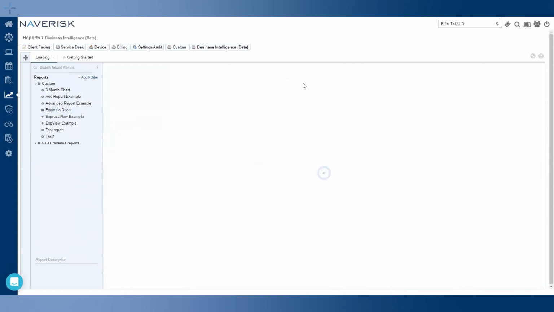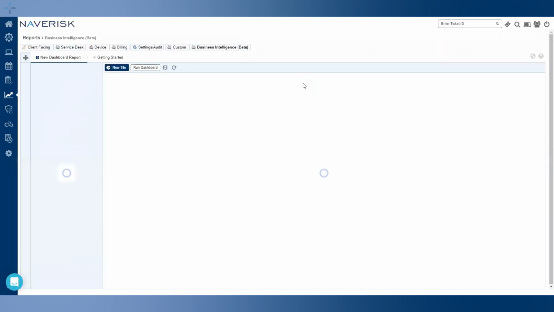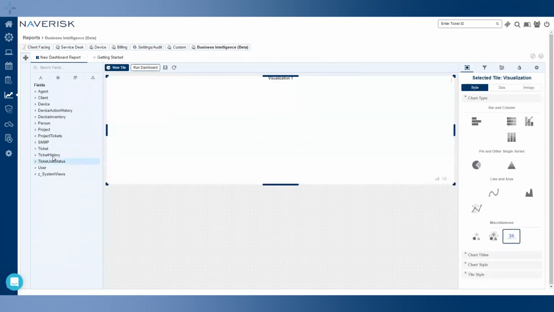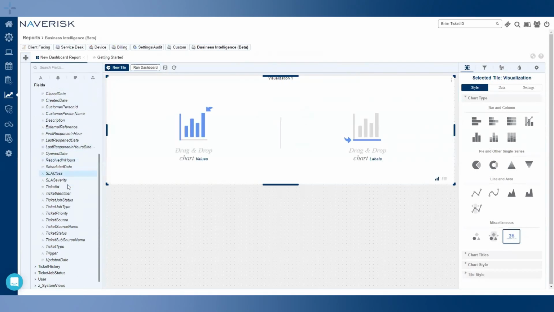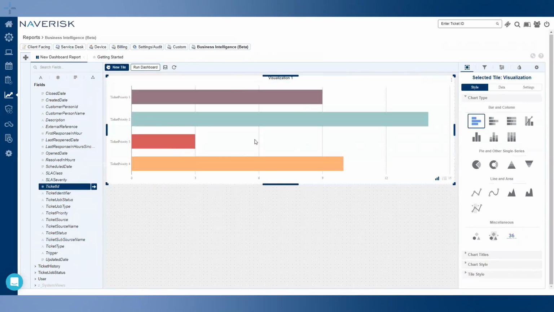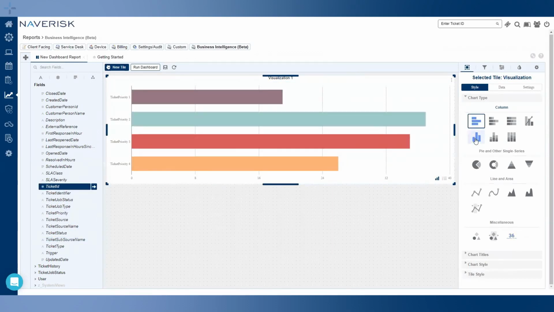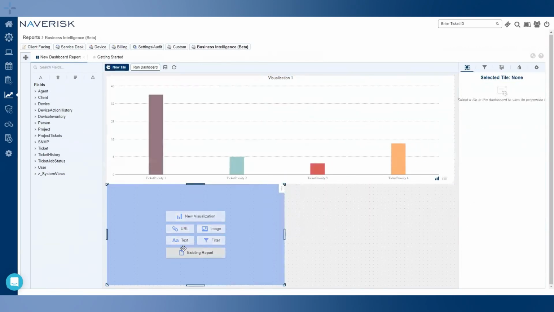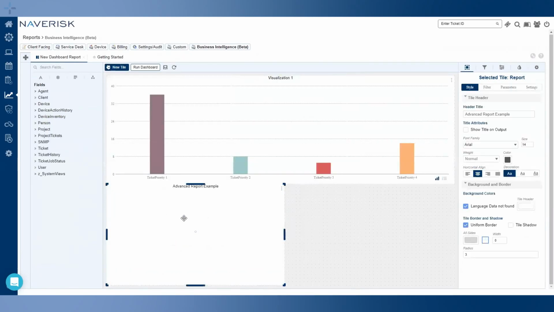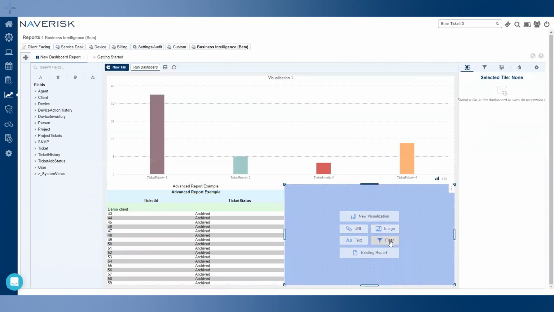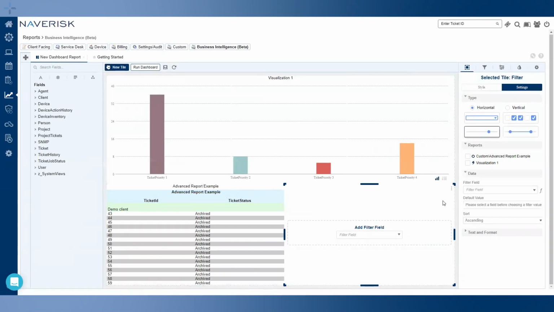And again, just in the interest of time, I'm just going to make those first couple changes that I added to the new dashboard a little more quickly, just so we can jump back to the filter stuff that we were talking about. So I'm going to build that visualization again, jump into ticket. I'm going to grab ticket priority as my labels. My ticket ID is our values. Use a nice little column chart here. New tile down below. Existing report, advanced report example. And finally, our filter here. Okay, so